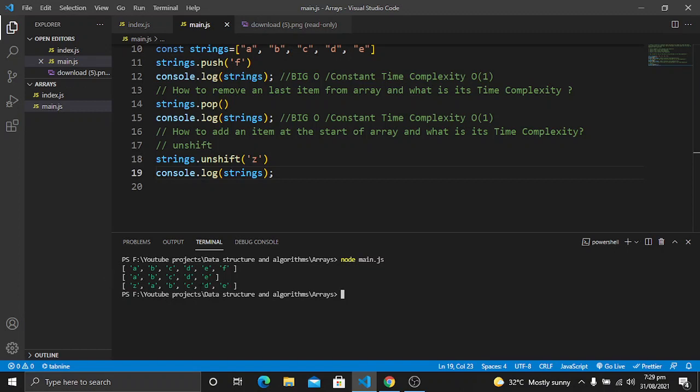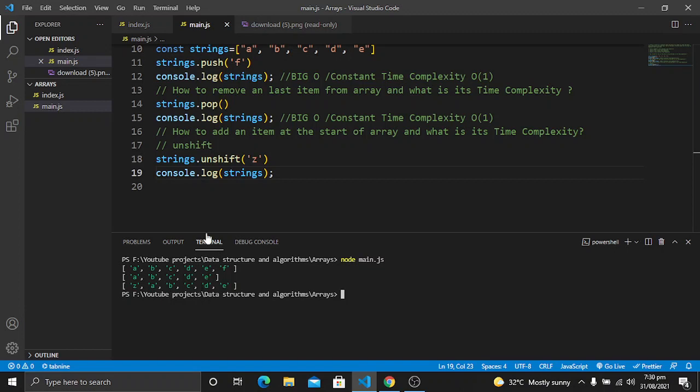When we have a greater number of items, for example 100,000 items, these 100,000 items will have to perform some action in order to insert an item at the start of an array, so the other items will move towards the next indexes.